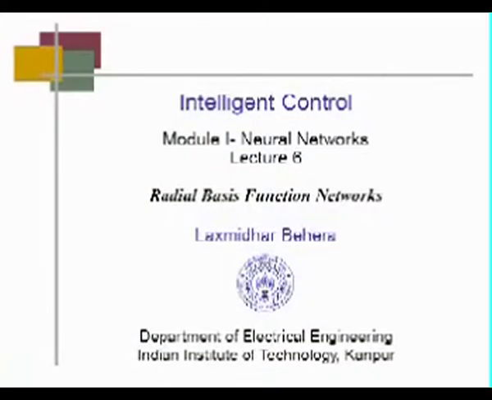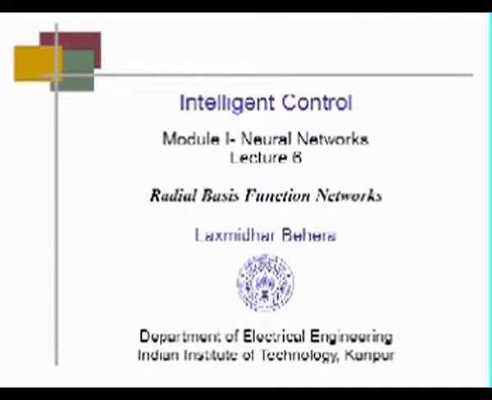So, this is lecture 6 and the first module, neural networks, of the course on intelligent control. Today we will take up another architecture of learning system that is used widely in control systems. This is called the radial basis function network,